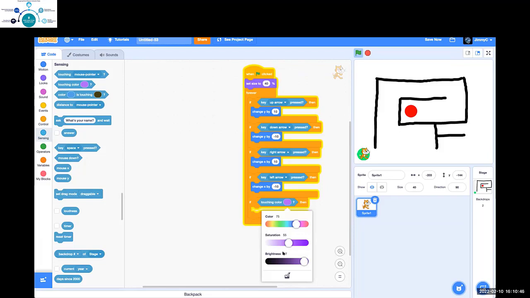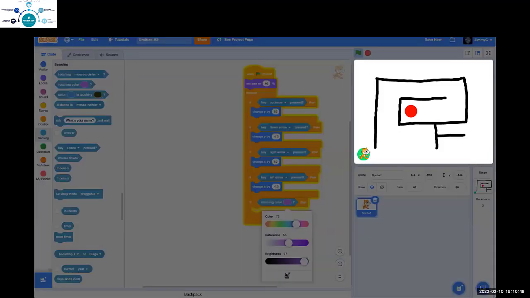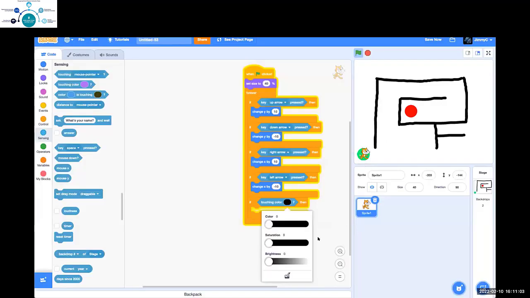or even better, I can use what's called an eyedropper. So when I click the eyedropper at the bottom, now the little tiny square in the middle is picking the color that it's looking for. So it'll change into a circle around the outside in a ring. So I want it to look for this black color. So now I've set it to black. That's really helpful if you're not sure what exact color you set it to, you can't remember, you can just use the eyedropper. So if the sprite is touching the color black,